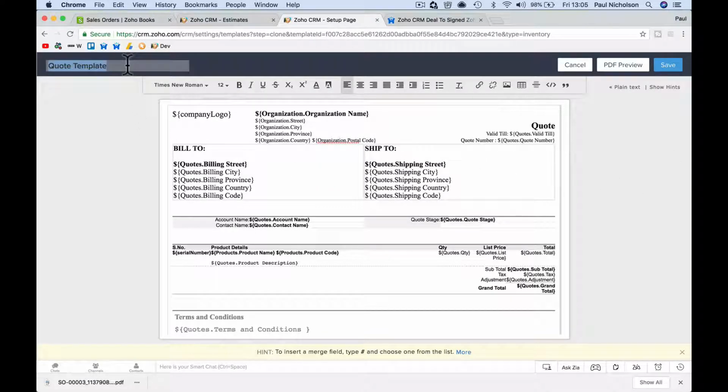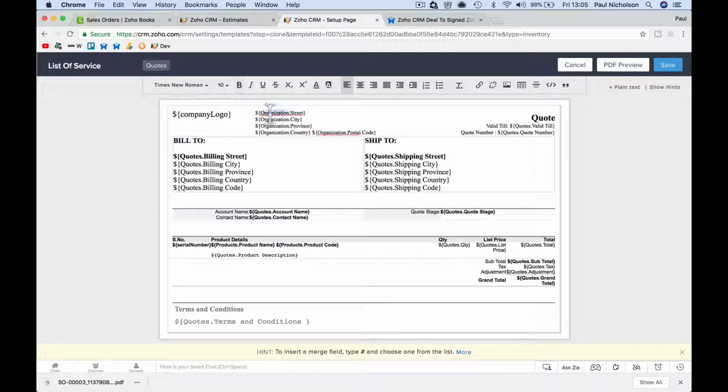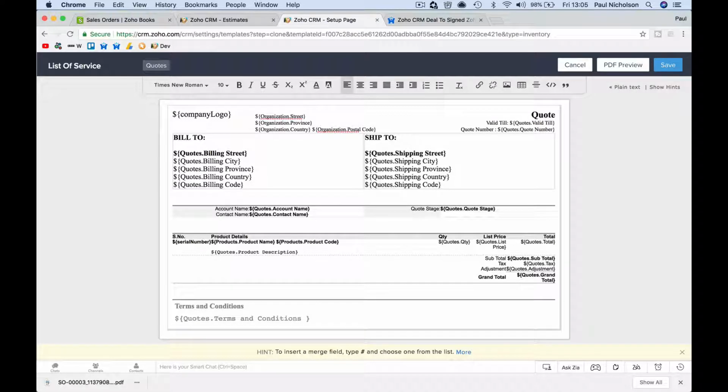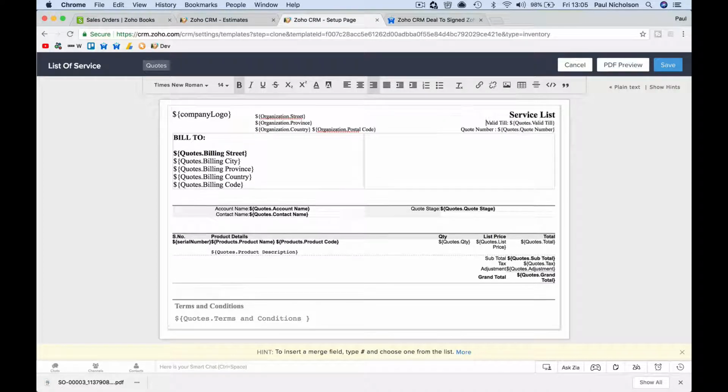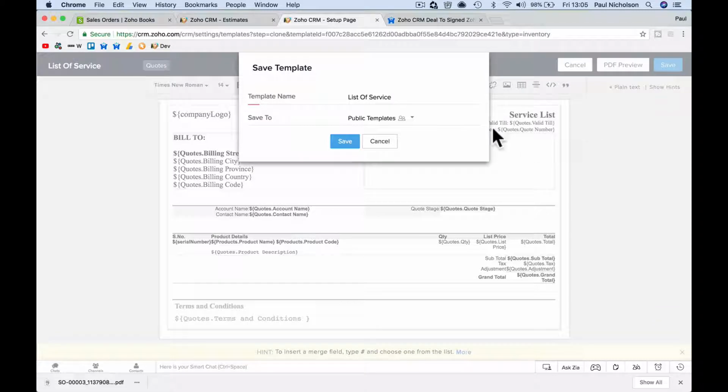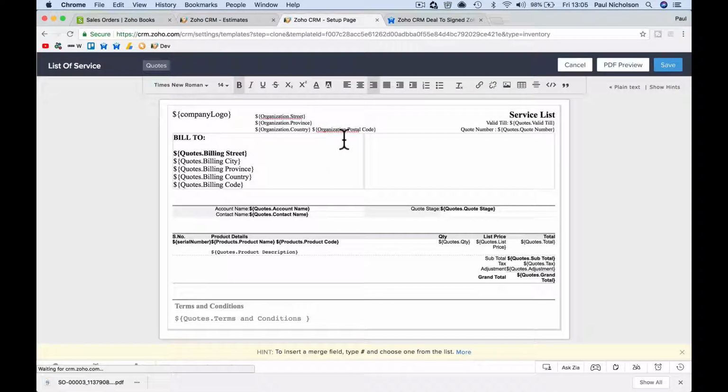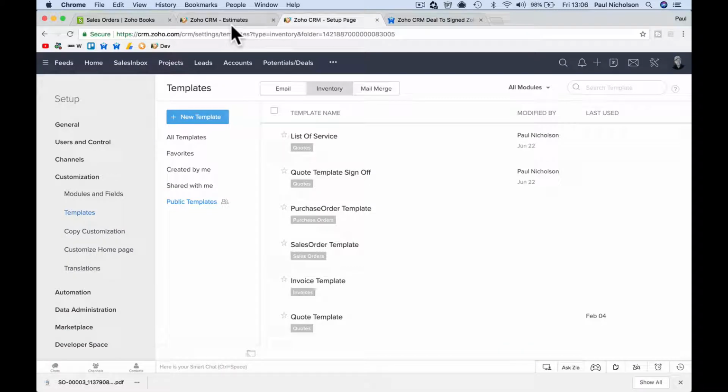Change it to list of services, and then you just start deleting stuff that you don't want it to show, right? I don't want this, I delete all that. I delete ship to. If you don't want it, just get rid of it. Then change this to services list. Save it. Public template. If you want to keep it private, you can change it. List of service, right? So now when I go